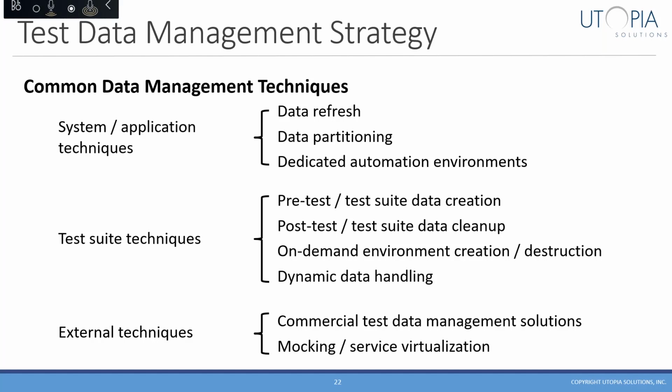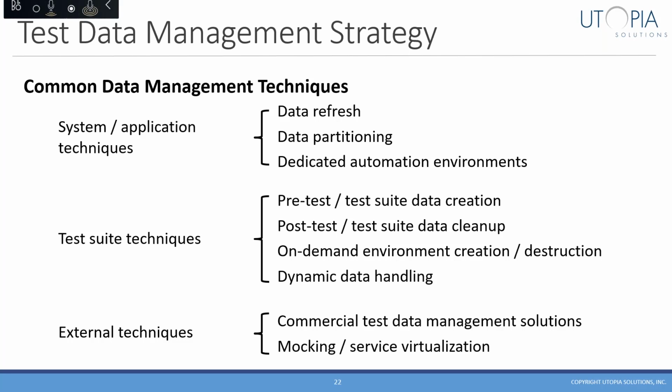Of course, we have full-blown test management solutions that were purpose-built for managing data in test environments. And I like to throw in service virtualization here as well, because it can address situations where you need to test your code against dependencies that maybe aren't ready yet. Also can come in very handy for addressing data issues in dependent systems or components that are just outside your control.